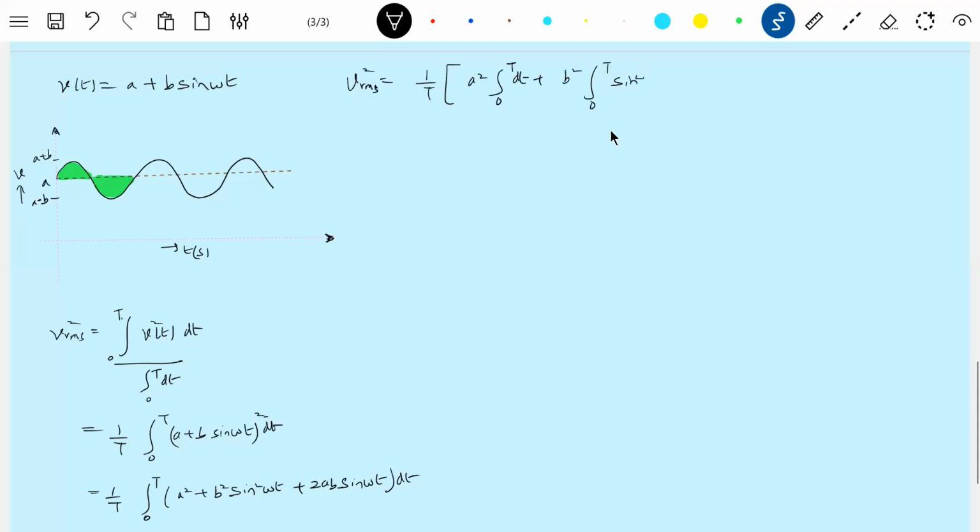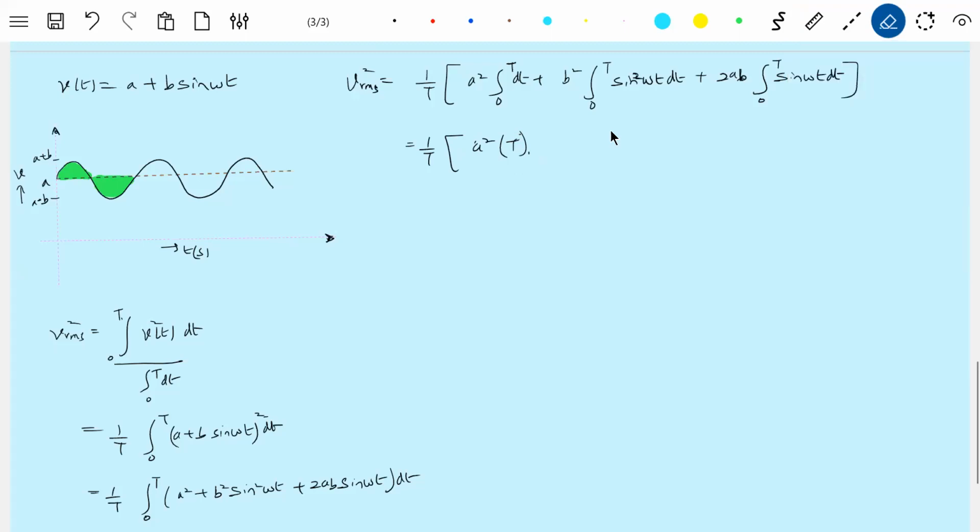I'll write one step. This will expand, so this part will be integral of dt, this will be t. b square, if you can remember, sine square omega t,